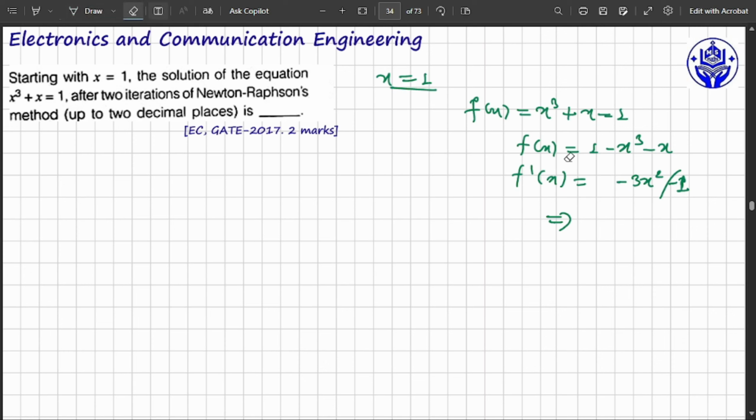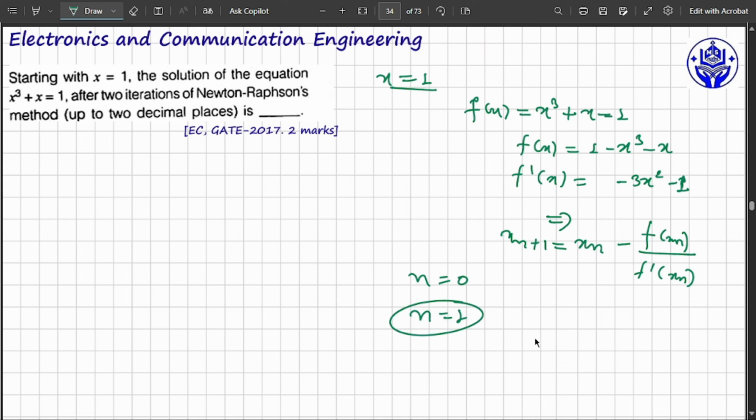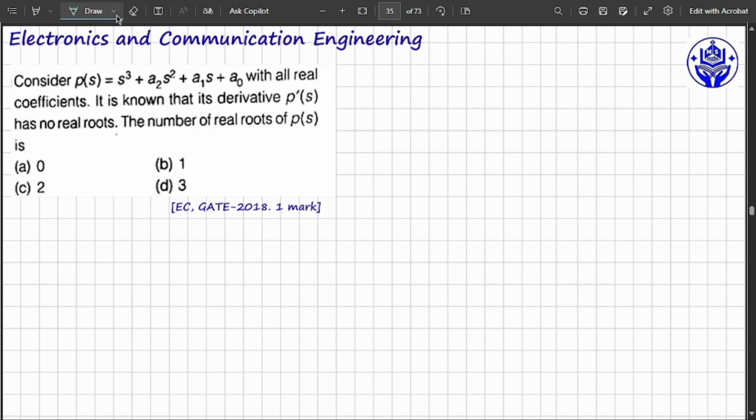Yes, this is my f dash of x, and using this formula x(n+1) = xn minus f of xn by f dash of xn, the final value in this case, after putting n equals 0 and n equals 1, we get x2 equals 0.686. So 0.686 is the correct answer. Next, consider